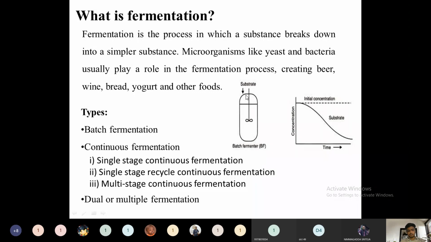Head space is used because whenever the fermentation process is carried out, some gases will be released, like CO2, or, depending on methanogenic bacteria, methane will be released. Some other gases will be released, air can also be present, and froth will also be present. In order to accommodate that, 20% of the volume of this tank will be left as head space. Whatever gases or foams are formed will fill this head space.